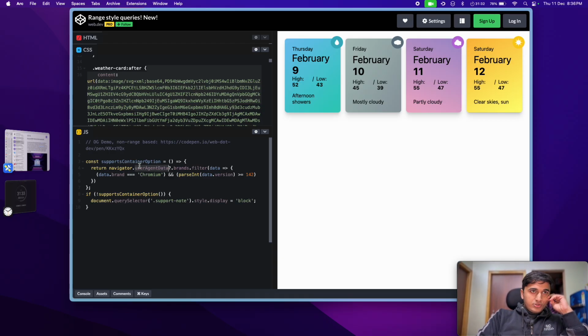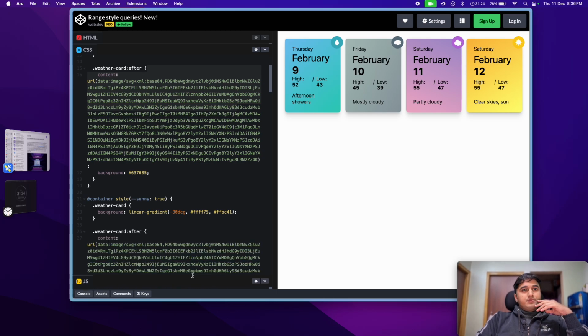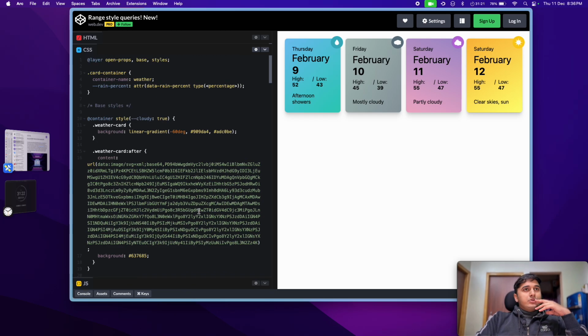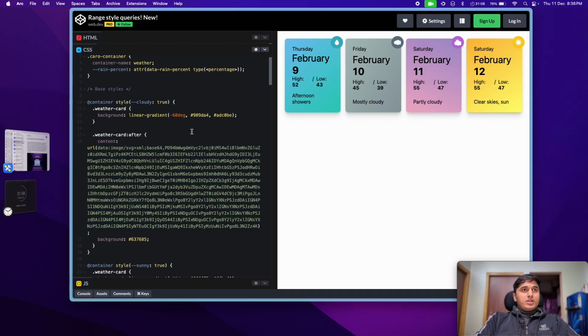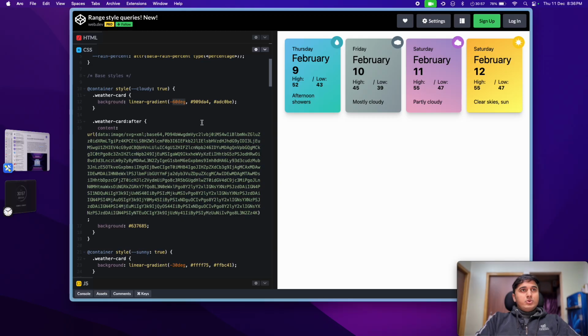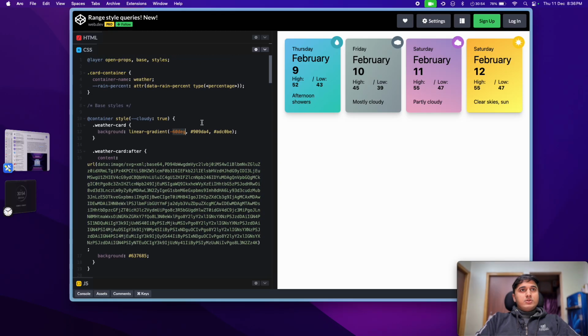So earlier they were using user agent driven this, and now they are utilizing support to check if the support is provided or not. So we can close this, and with this we should be able to come here in CSS. So there is a card container, let's say it has name weather, and here we have figured out rain percentage, which is data rain percent, type percent, and container style. If cloud is true, then linear gradient, this is minus 60 degree, and this,